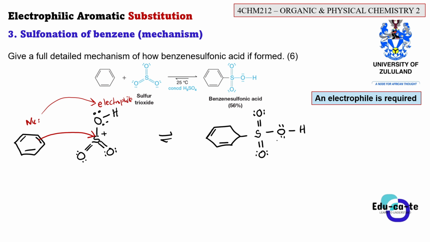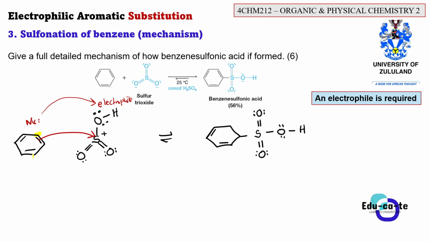So you can see this is S double bond O, OH, exactly what we have here. So basically we have formed a bond between this carbon and this sulfur, using which electrons? The electrons from this bond that we have broken. But remember that this bond we have broken was also affecting this carbon at this position. So the carbon at this position was also affected by the bond itself.